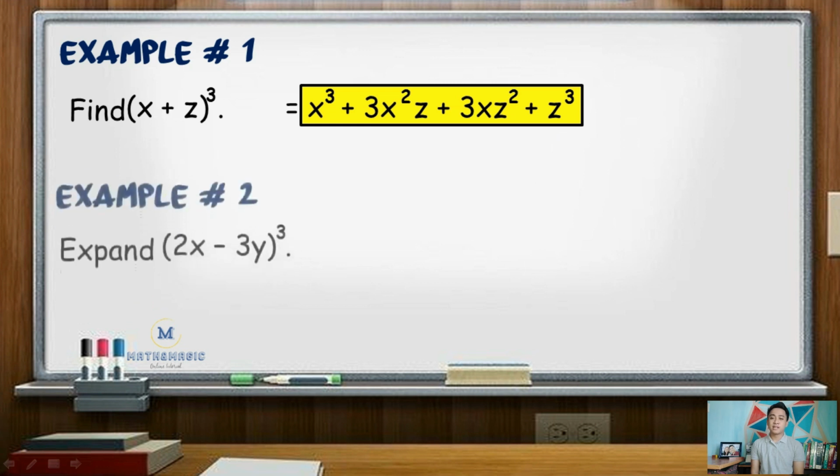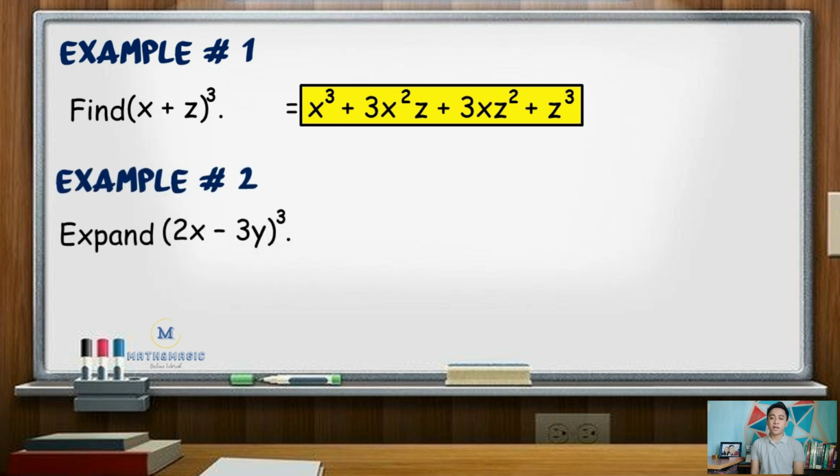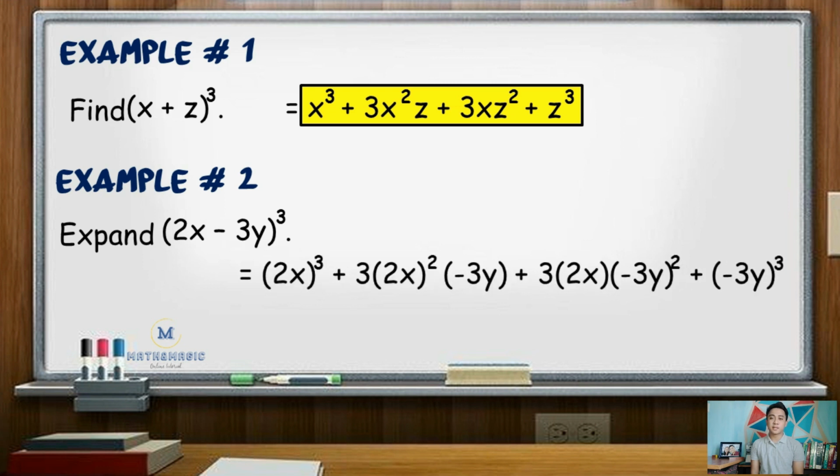Another example, find the cube of quantity 2x minus 3y. Following the steps, get the cube of the first term. So the cube of quantity 2x is 8x cubed. Next, thrice the product of the square of the first term and the second term. So 3 times the square of 2x times negative 3y. That is 3 times positive 4x squared or 12x squared times negative 3y or negative 36x squared y plus thrice